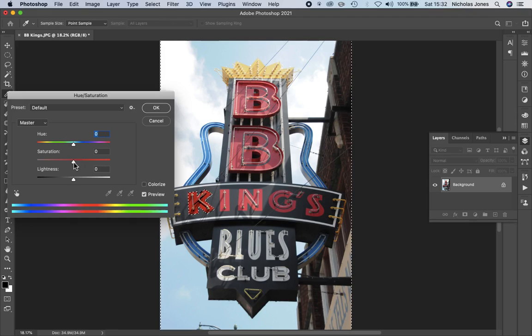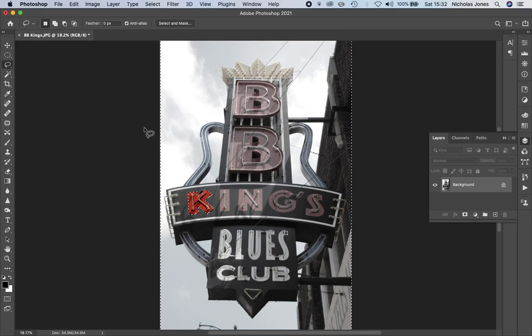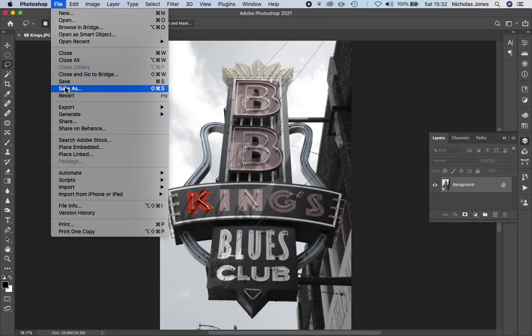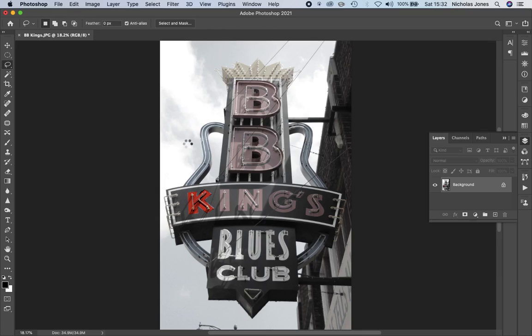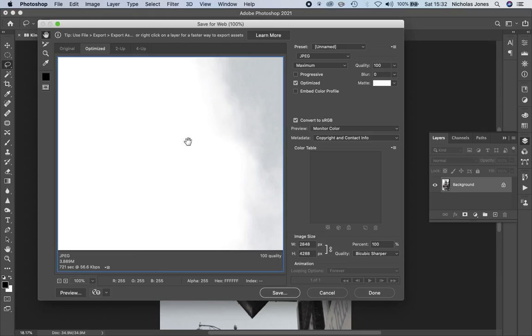Now, I'm going to go up here and select the inverse again, which is everything but that K, and we'll do another image adjustment. Come on, help me out here. Hue and saturation. And I can do all kinds of stuff, but we're going to desaturate the color in this image down to almost black and white. Click OK. Command D to deselect everything, and